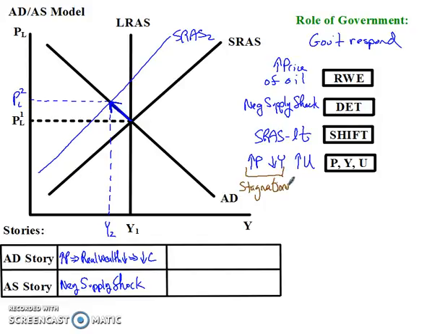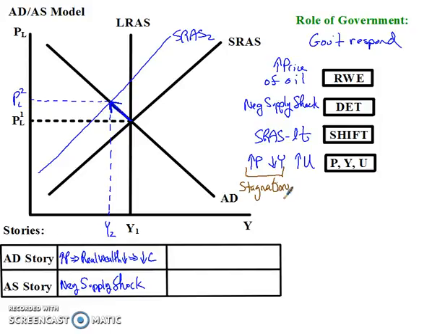If we were going to do this from the classical point of view, then we would focus on this increase in unemployment and how that would cause the economy to self-adjust. But we're not going to do that now because we're going to be Keynesians for a moment. We're going to have the government respond. And this was the problem that the Keynesians faced in the 1970s when we had these negative supply shocks, the price of oil shot up, the aggregate supply curve shifted to the left, and we suffered from stagnation.